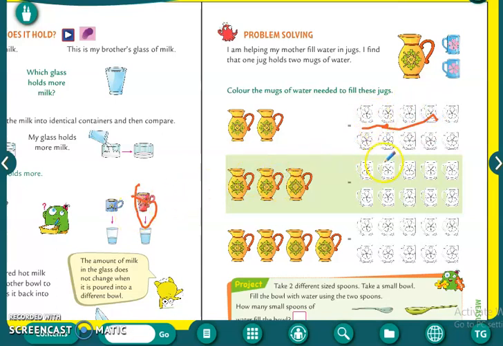Then see, there are 3 jugs. So how many mugs will we need? In one it will be 2. Then in the second jug 2 more mugs we will put, and in the third jug we will put 2 more mugs. So it will be 6. Then 4 jugs are there. एक jug में हम 2 mugs डाल सकते हैं. So 2 mugs in one jug, then other 2 mugs in the second jug. Then in the third jug 2 mugs, and in the fourth jug 2 more mugs. So it will be 8 mugs. Okay, I have underlined over here.